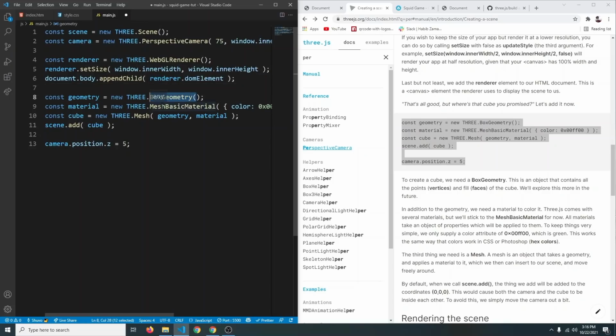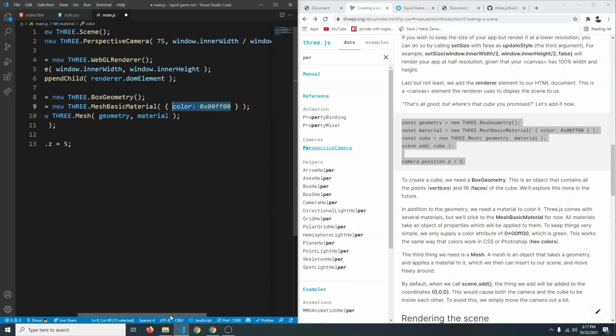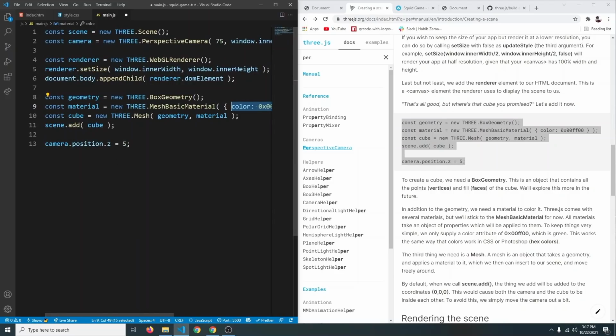So a geometry is made out of triangles or vertices. So we need to wrap our geometry with a material. So there are many types of material, but for now we just want to give it a color. So we're using the MeshBasicMaterial, which is basically just a color. So we're specifying the color here, and then we're creating the mesh by combining the geometry and material here. And finally we have to add that cube to our scene. So we're saying scene.add(cube). So if you now save it and open up that in the browser, as you can see,